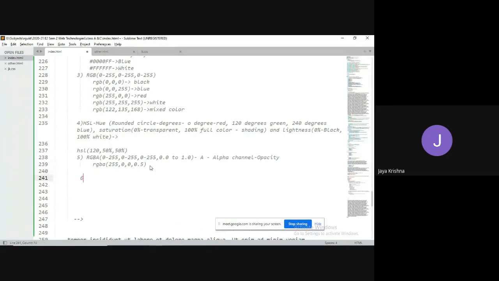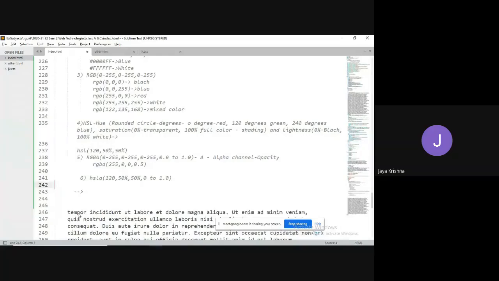The next kind of color code system is an extension of the fourth one, that is HSLA, meaning the same thing, and the final parameter ranges from 0 to 1.0. So A means alpha channel. Okay, now fine. So these are the 6 ways you can apply colors to your HTML.